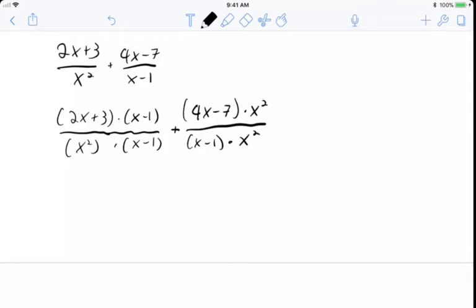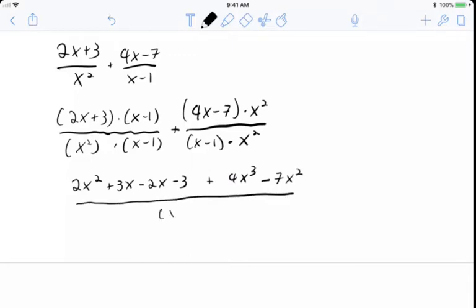Okay, so the first one becomes 2x squared plus 3x minus 2x minus 3, and that's going to be 4x cubed minus 7x squared. So that becomes 4x cubed, and then minus 5x squared, and then